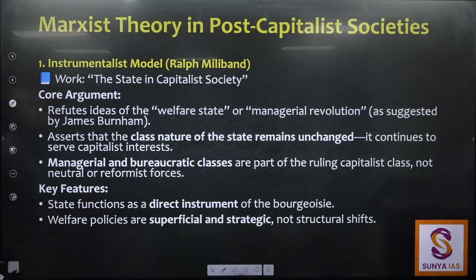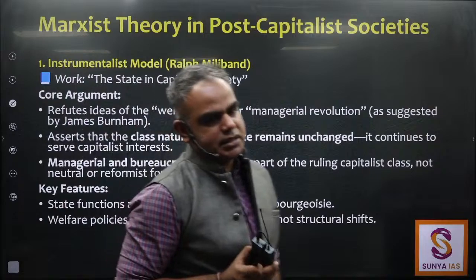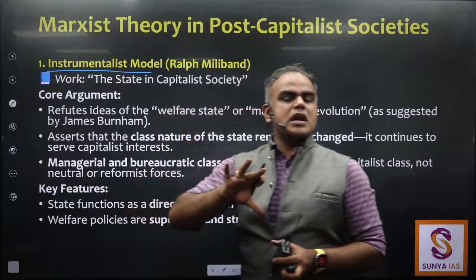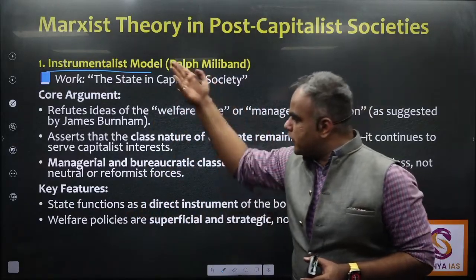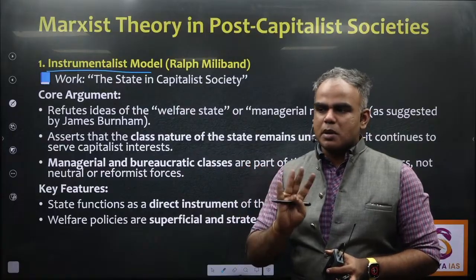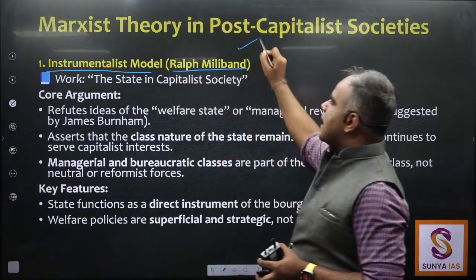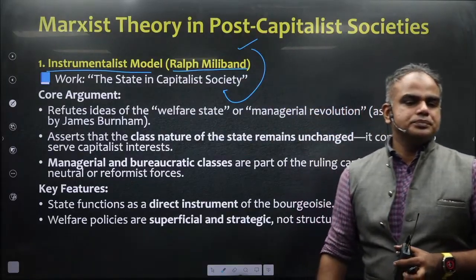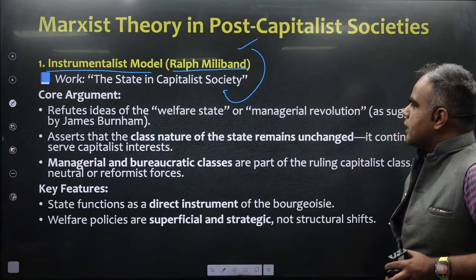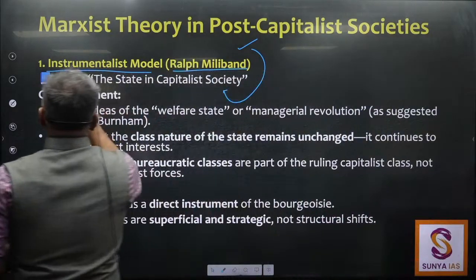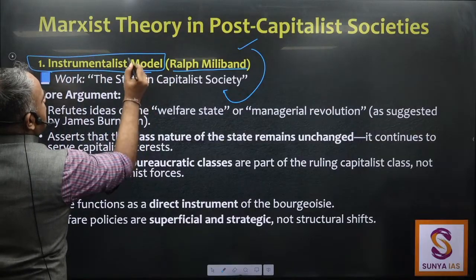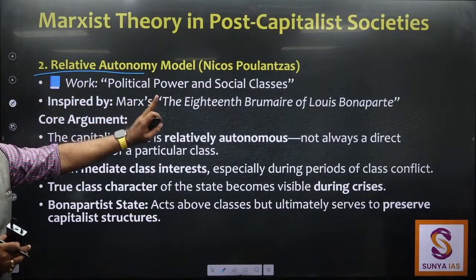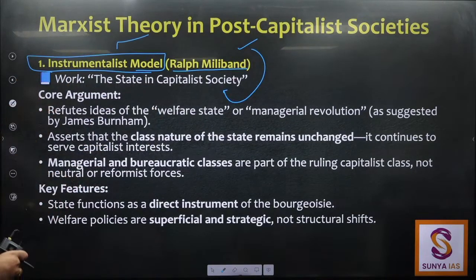So Marxist theory of state in post-capitalist societies. Okay. This will be given by, this of course is instrumentalist model. अगर आपने को नाम और कीवर्ड याद आ गया, आप पूरे के पूरे सारे पॉइंट्स आप लिख सकते हो. Nothing very special about it. This is given by Ralph Miliband. The name of the book is State in the Capitalist Society. Okay. Now, he is talking about, and main argument here in this case, first we'll see is instrumentalist. दूसरा देखेंगे relative autonomy model. इसमें just a couple of points you need to know.